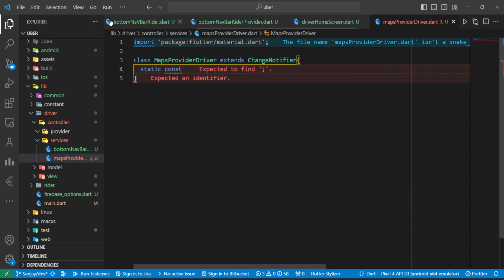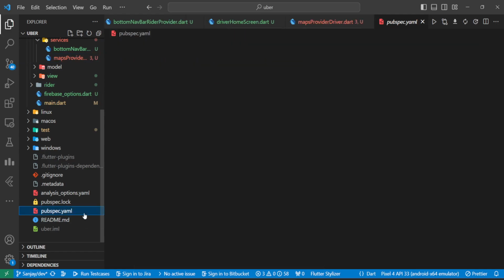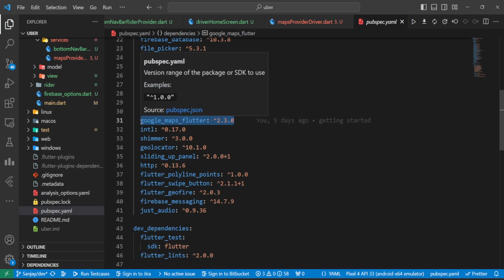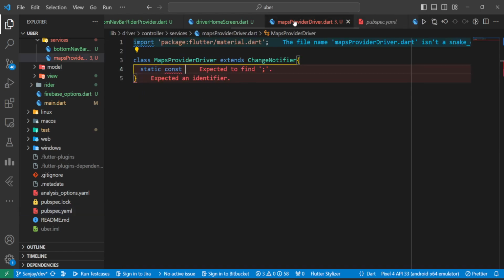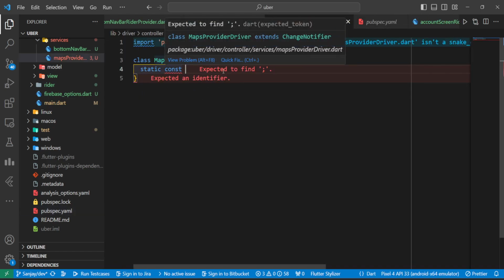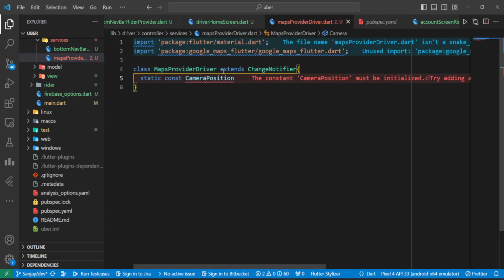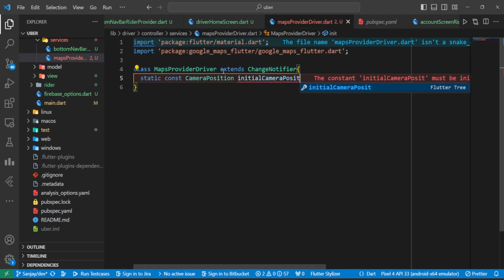Okay, so now we will create some variables here, static const. Before we go with our map, we do need to make sure that the Google Maps Flutter package is added in our pubspec YAML. So make sure this package is there. So we'll come up to maps provider driver. Here we'll go for static const CameraPosition initialCameraPosition